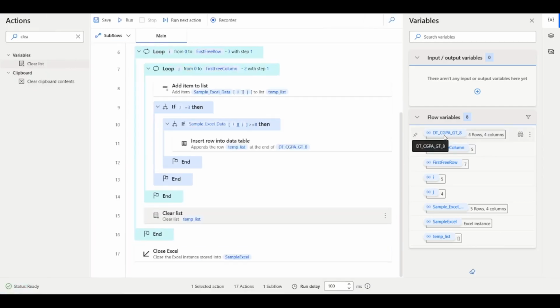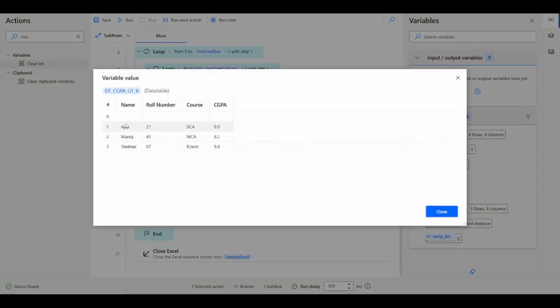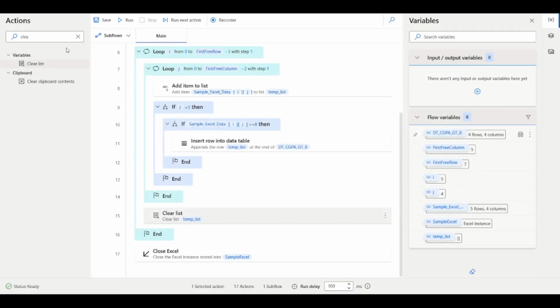Okay, so it got completed. So here see Ajay, whose CGPA is greater than 8, is coming here, 8.2 Shekhar. So everything is fine. But what about this first row? It is like this. So to resolve this, what you can do is simply